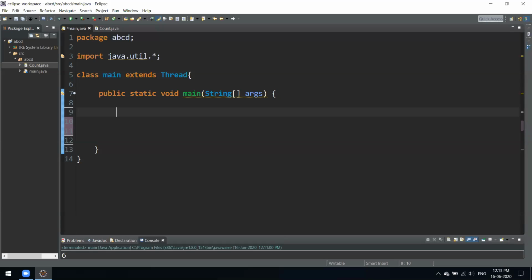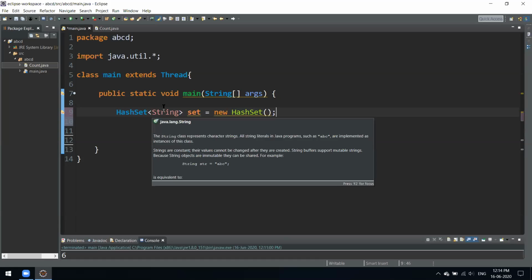We can directly create a HashSet of type String, new HashSet. Yeah, this is how we declare a hash set. Okay, so this is fine.